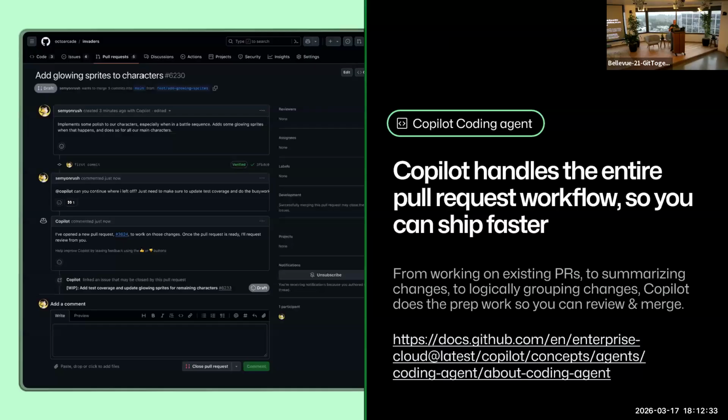Coding. The big one we're talking about these days is the GitHub Copilot coding agent. It handles an entire pull request workflow so you can ship faster. Now, one of the things about this is, the way we see it, Copilot's going to help you with the implementation and everything. It's not going to do